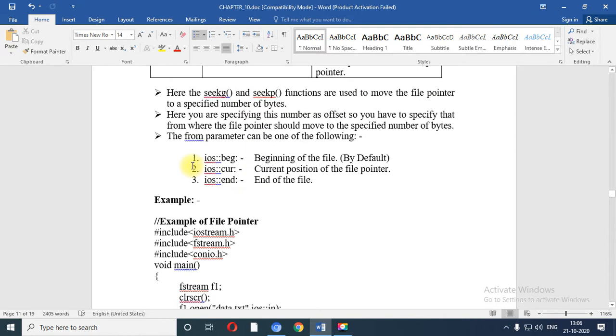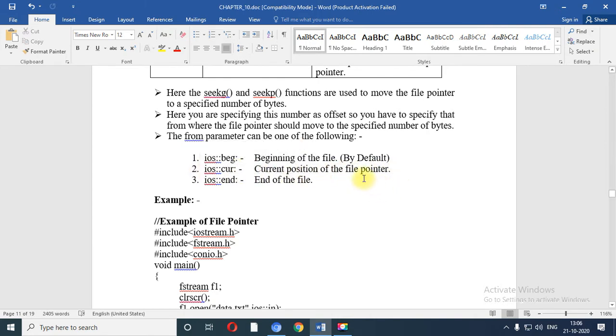There are three different kinds of parameters which can be used with seekg or seekp. Number one, beginning, current and end. Beginning is used when you want to move your cursor to the beginning of the file, using the ios scope resolution operator, and beginning is the default. Current means the current position of the file pointer.